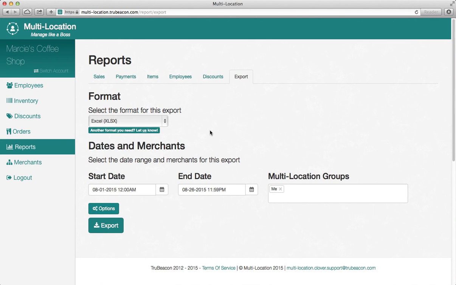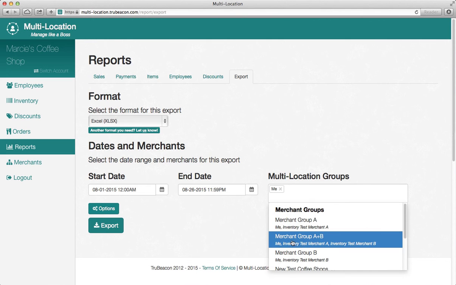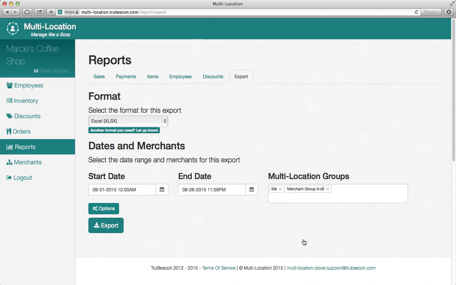So if you are on the export page, you can export to Excel. Please let us know other formats that you might be interested in by emailing us at multilocation.clover.support. And you can pick your date range, and this is super cool, you can do exports across your merchant groups, right? So you can save a whole lot of time if you're trying to do an export to Excel of all of your sales, payment, item, employee, discount data by selecting the merchant group, and then the date range that you care about, and then export that, and it's going to download to your computer as an Excel file,